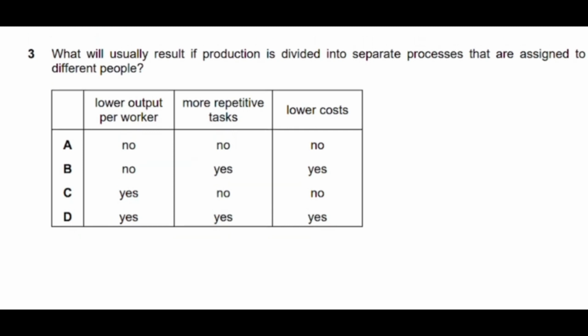Question number 3 is, what will usually result if production is divided into separate processes that are assigned to different people? When the production process is divided, we call it specialization or division of labor, when one person performs one task. So lower output per worker, no, this can't happen. So option A and B can be the correct answer, so we will cross out option C and D,